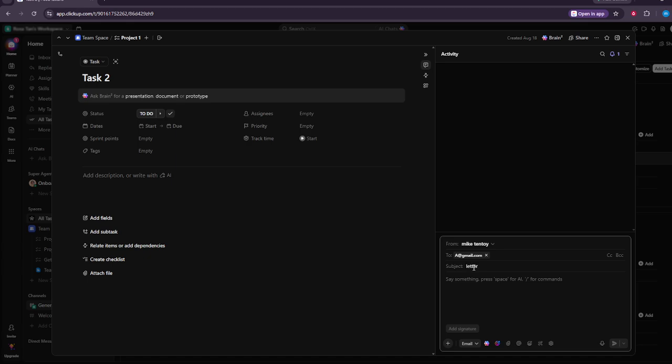Now type your message in the body of the email. Write clearly and keep your message focused on the purpose of the task. Since this email is being sent from within ClickUp, it can be especially helpful to keep your wording professional and easy to reference later. If you need to include supporting documents or other materials, add any files you want as